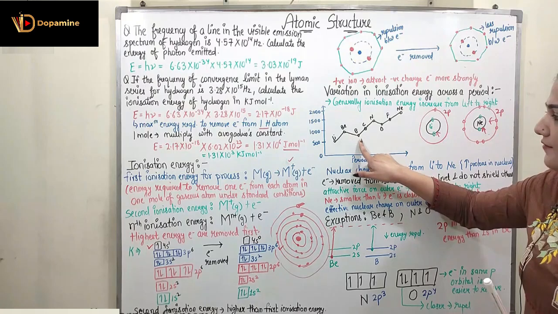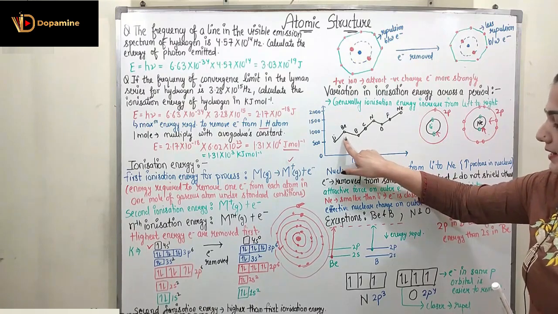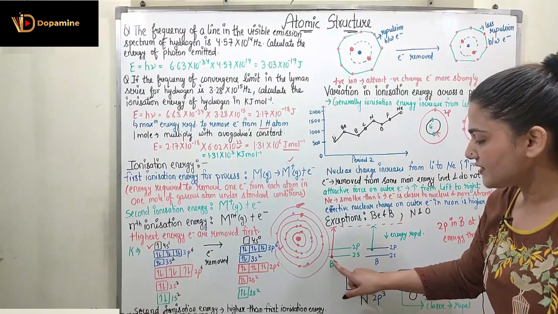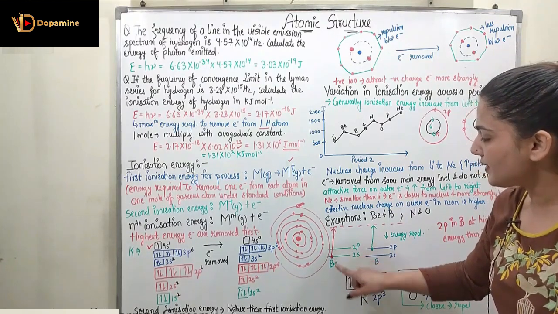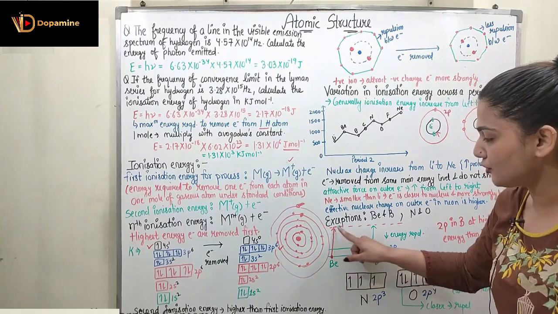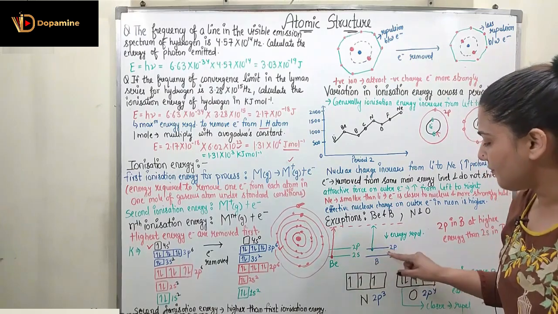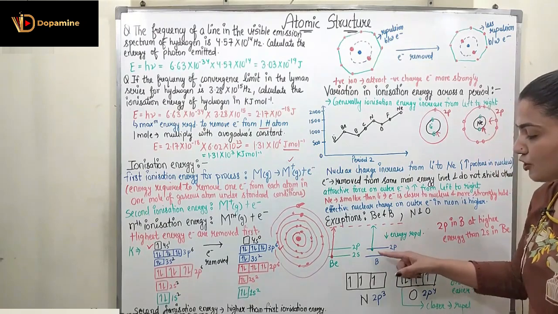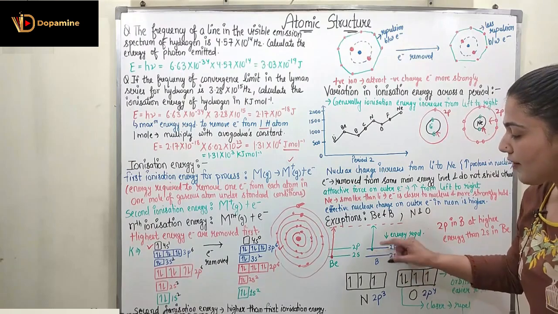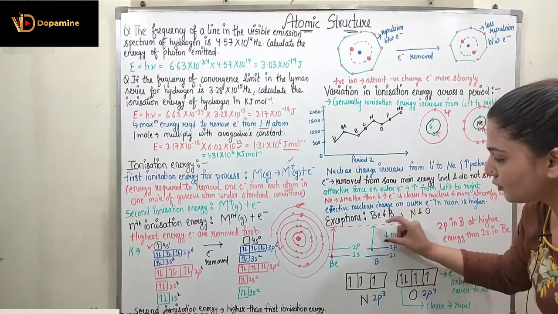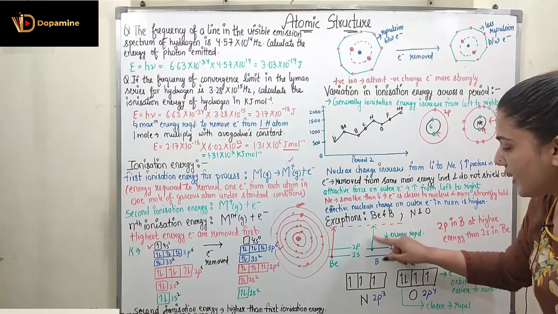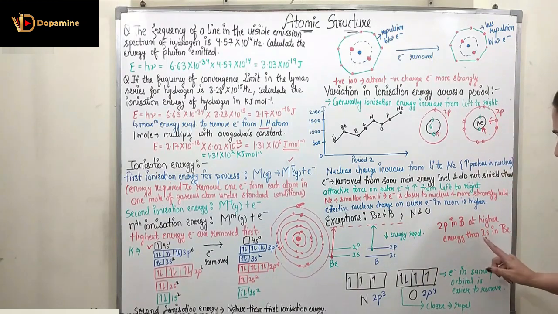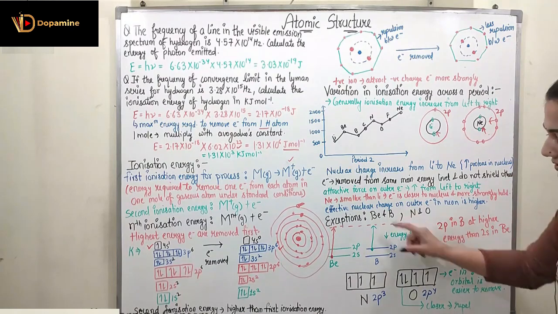So you can see boron is having lesser ionization energy than beryllium. So you can see in the beryllium, the outermost electron is present in 2s, and we require more energy to move this 2s electron to the outer free energy level, whereas the 2p energy level is somewhat upper, and the outermost electron in the boron is in 2p. So we require less energy to move it to the outer energy state. So here we require less energy. In this manner, 2p in boron is higher energy level than 2s in beryllium, and this is the first exception.